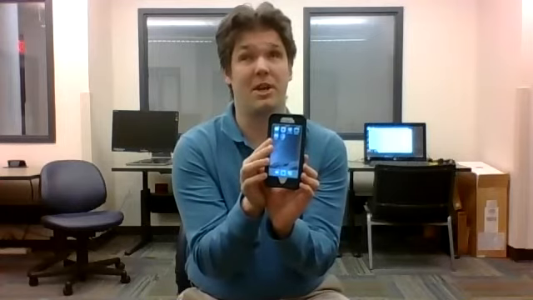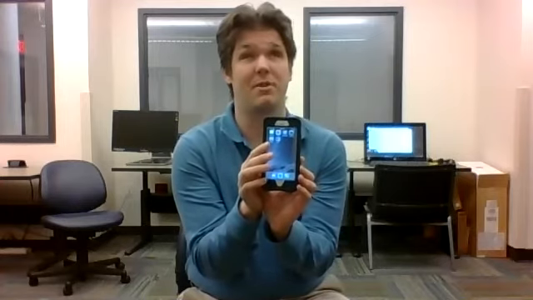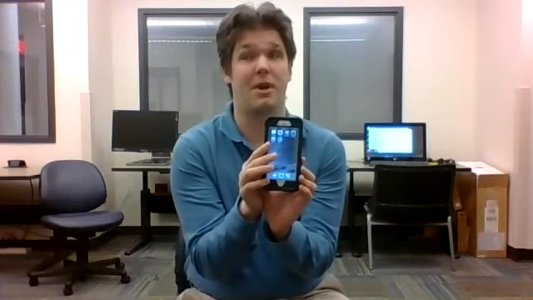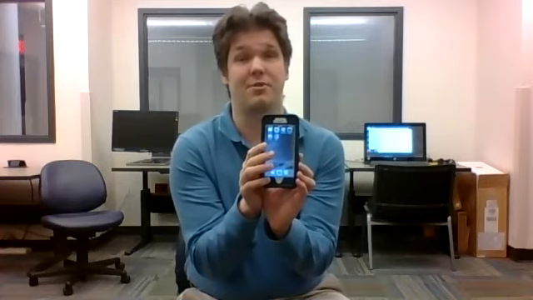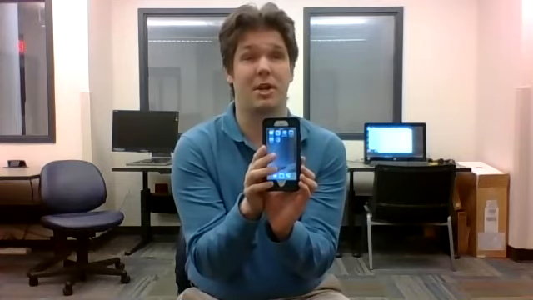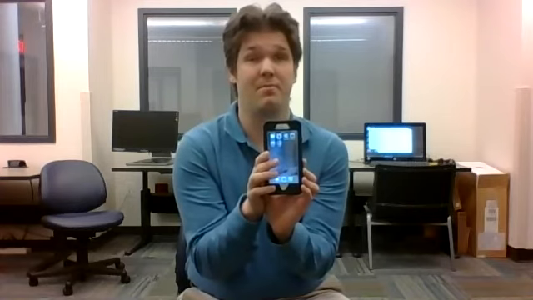I do it for many reasons. One, it saves my battery because with my curtain on, I'm not powering the screen. 2, it allows for privacy. So if someone's looking over my shoulder and I don't know it or whatever, while I'm using my phone, they're not going to be able to see what's on my screen.